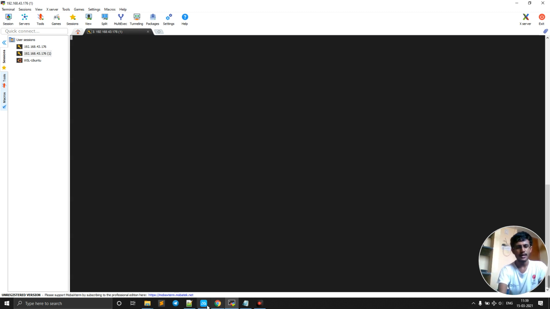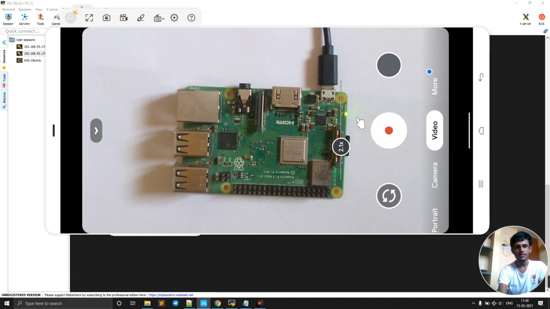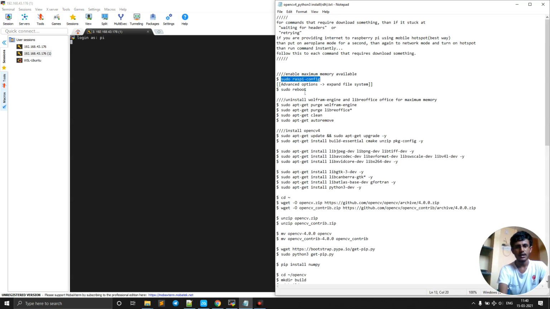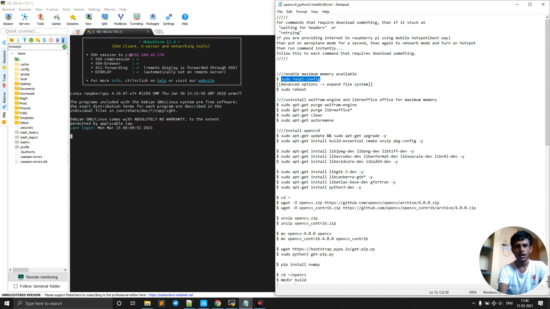Here you can see it is getting restarted. From this slide we can see, just press R again. Now I just logged in again, and the next step is... this rebooted, we already rebooted. So in case you are using the 8 GB Raspberry Pi memory card,